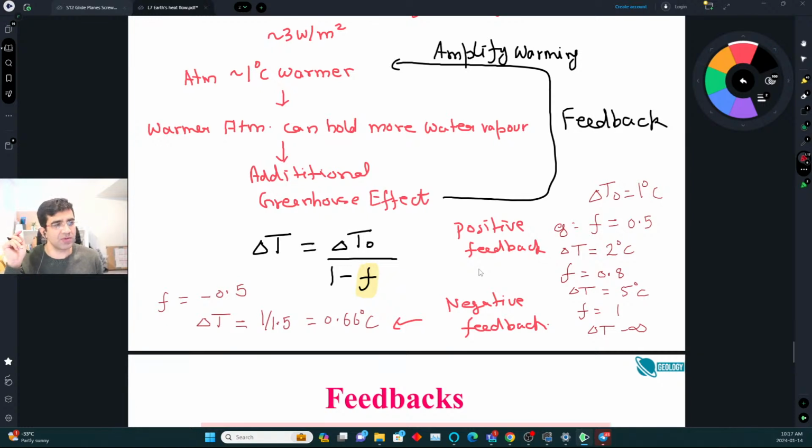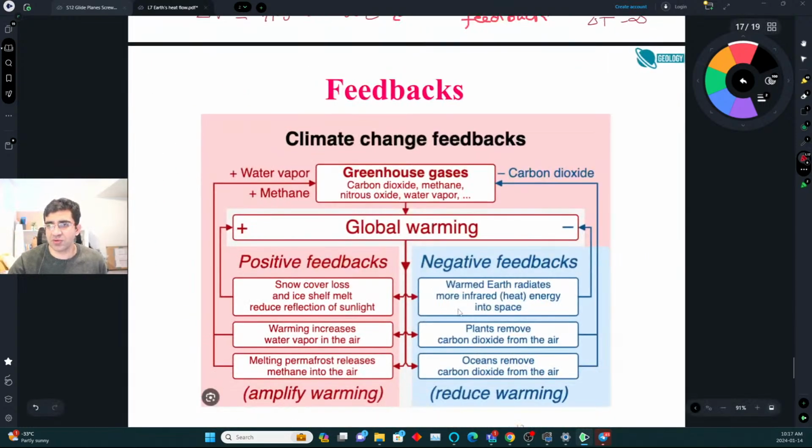So this is the concept of feedbacks. You can see here this feedback factor: if you change it a little bit, the overall effects could be really high. So what are some of the feedbacks? For example, some of the